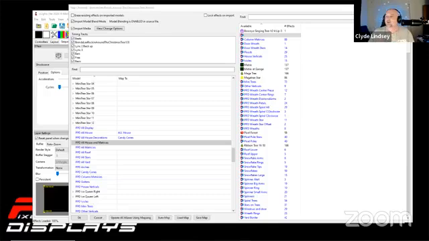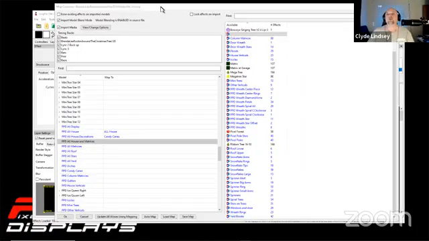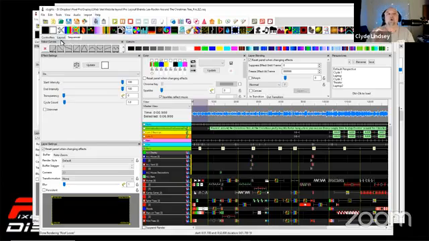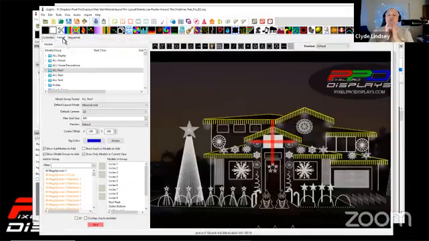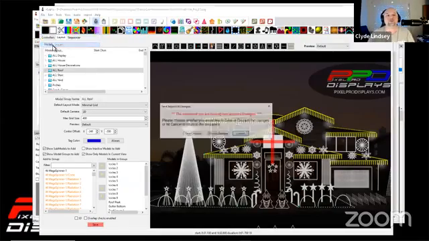Now, in the newsletter, in the email, I also mentioned I wanted to talk about fixing some mapping issues. One of the things that can be very, very hard for some people who have a new layout and don't have a lot of props in their show, and yet they see all of the wonderful things that are happening in the sequence, and then when they go to map, they don't see any of that stuff happening. What I'm talking about is some very specific props. And one of those props, I'm going to go ahead and close this sequence here,